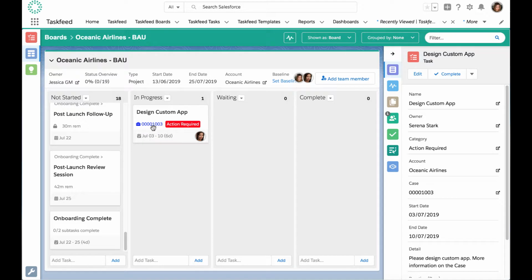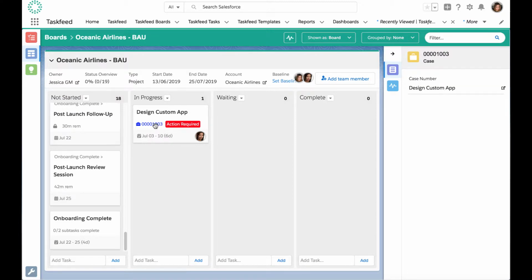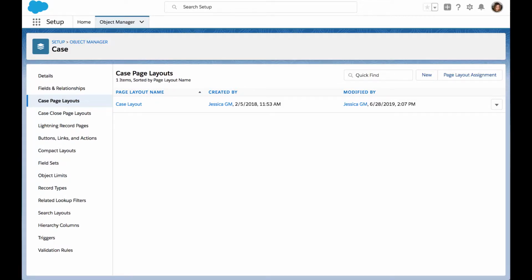Now, the next trick I'm going to show you is how you can add a little field set within cases to see more information about this case from the Taskfeed task when there's a case associated with a task record. So as you can see, we are looking at information about the task on the side pane. We can create a little field set for the case to show us a little bit more than just the case name or number. So we do this by going to setup and creating a new field set